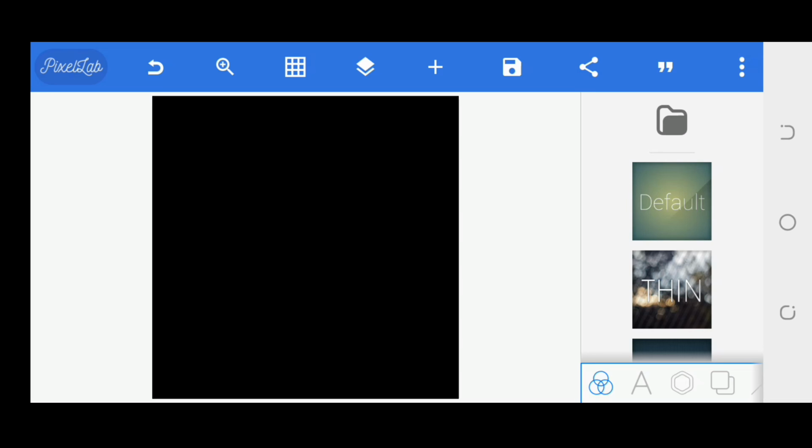So I've decided to use this plain background from PixelLab itself. I just picked color and I picked black plain background instead of using the one I downloaded from Google or any other website. I just feel we should use this. You can use either of the two. If you feel you don't want to use a plain color, you can just go to Google and type anyone